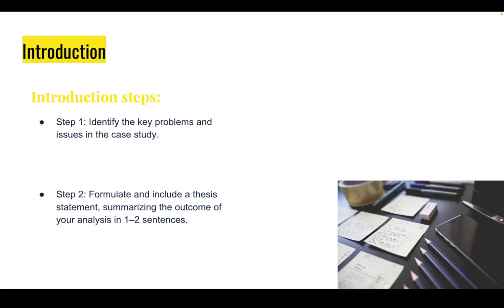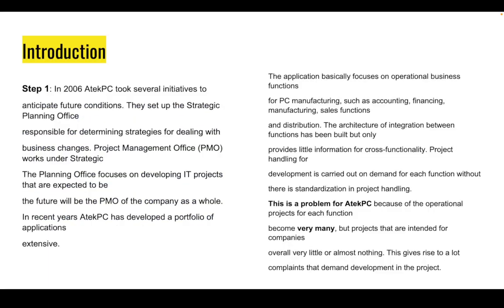Now, the first one is introduction. Introduction steps are: Step 1. Identify the key problems and issues in the case study. Then Step 2. Formulate and include a thesis statement summarizing the outcome of your analysis in 1 or 2 sentences. Now, the first step of the introduction phase is